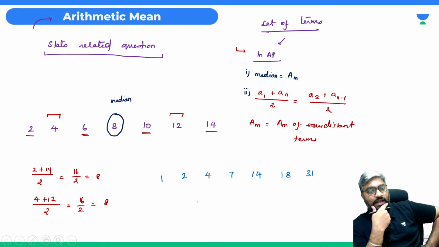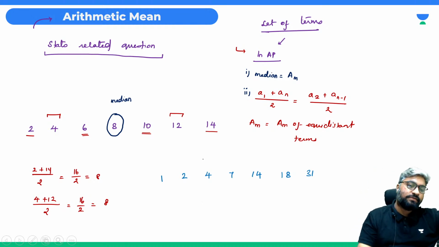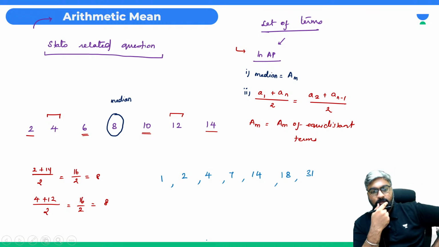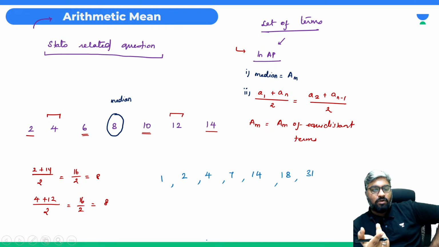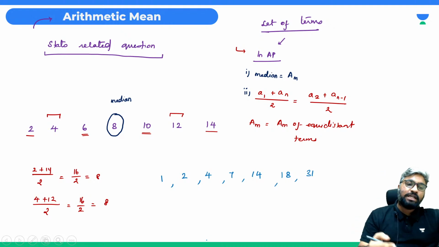इसका एवरेज कैसे निकालोगे? 1, 2, 4, 7, 14, 18, 31। Anyone? Only possible way of doing it would be what? To add up the numbers and divide, और कोई ऑप्शन नहीं है, ऐड करके करो।